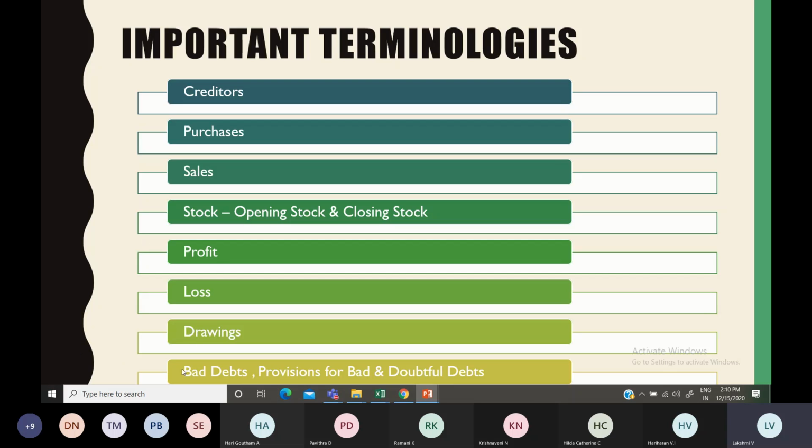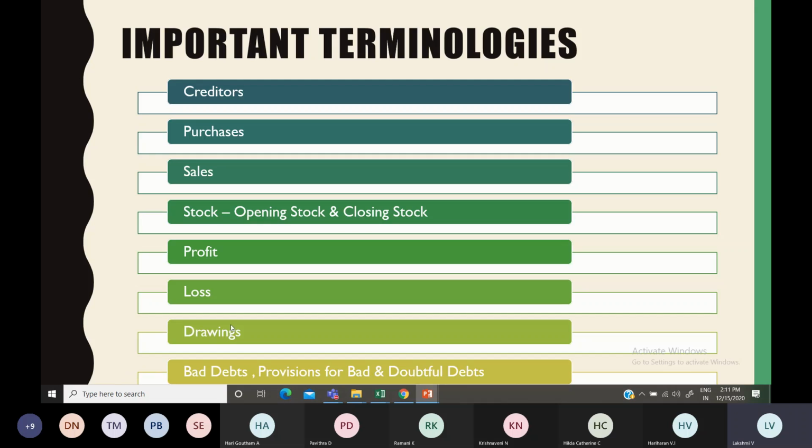And other terms, which will be easy for you: profit, loss, all those things you would have heard. Whatever I am selling at more than the price, the book value, obviously I may earn profit. Or whenever my expenses are less and my income, receipts or revenue are more in my business, then obviously I will be earning profit. This is a normal thing. If I have bought a bike or some furniture for 70,000 or something, and I sell it for more than that, then obviously I will be earning profit.